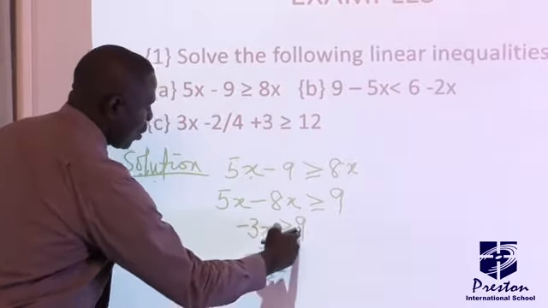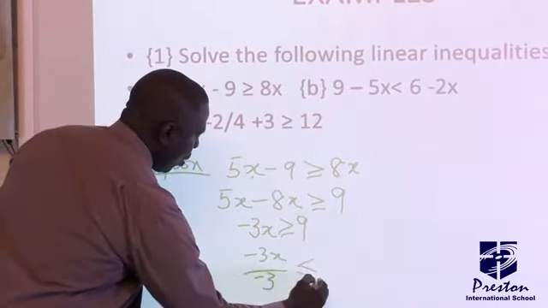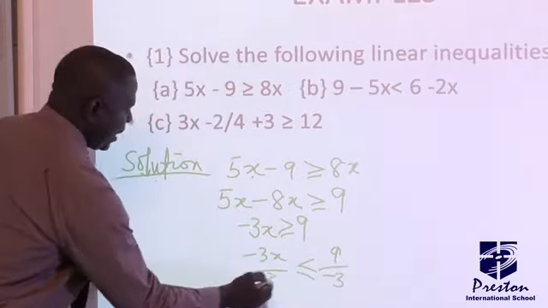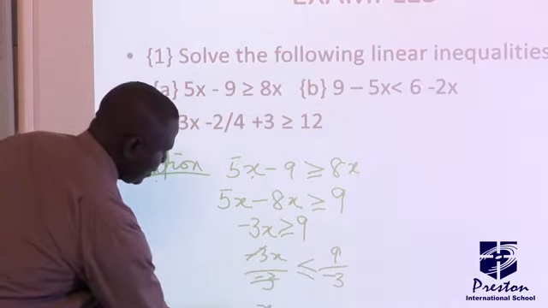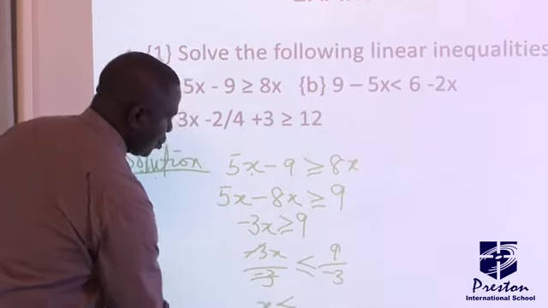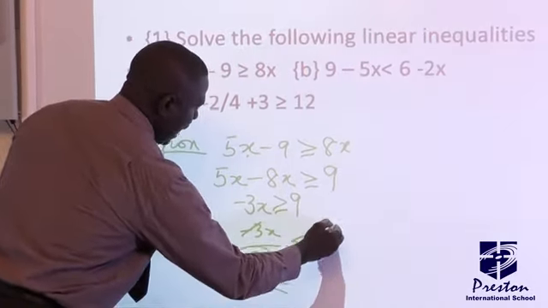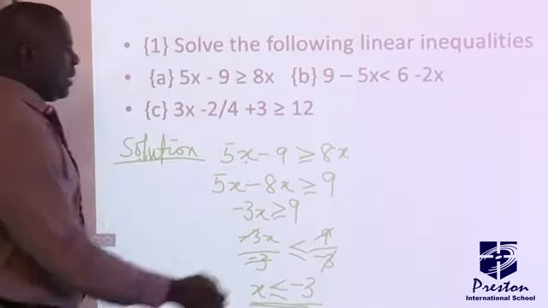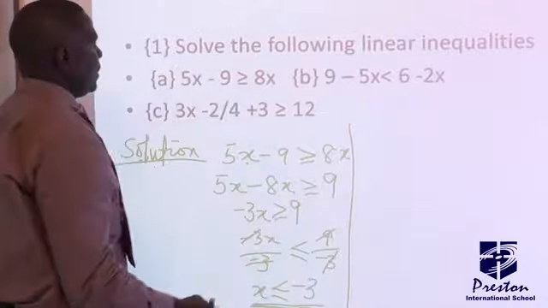So the greater than or equal to will be changed to less than or equal to. Then 9 also divided by minus 3. Here minus 3 cancels minus 3. Then you have x less than or equal to 3 in 9 will be 3. With this negative, then you have this as your answer. Then the second one